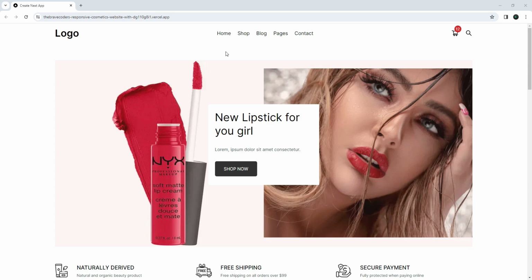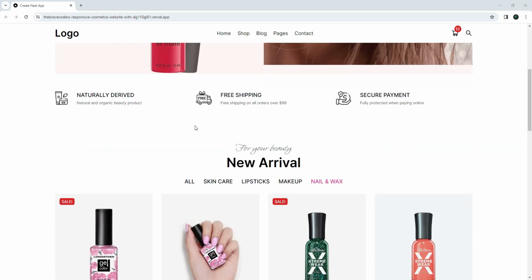Hey guys, today we will be building a very beautiful, very responsive and highly attractive website with Next.js, TailwindCSS, TypeScript and Redux. So this is what we will be building today. This is our hero section. As you can see, this is our hero section, and if you scroll down, then you can see we have